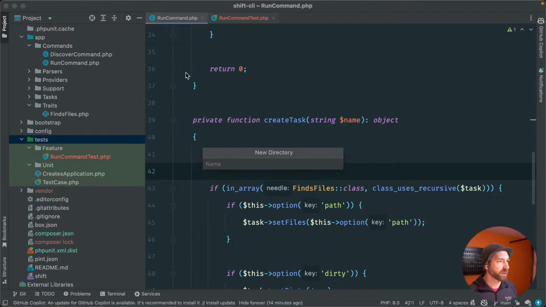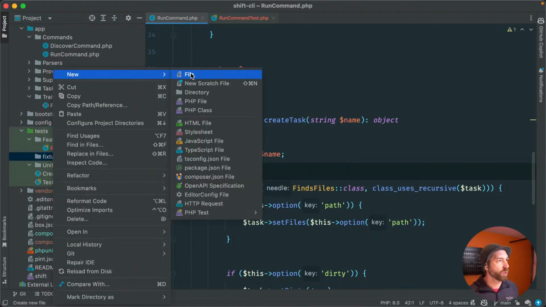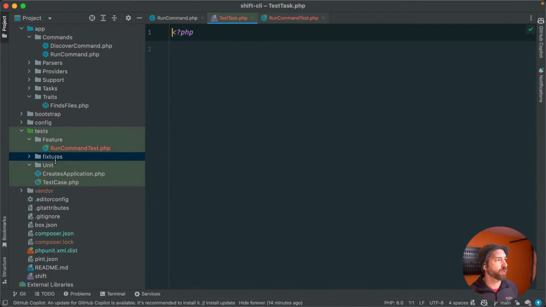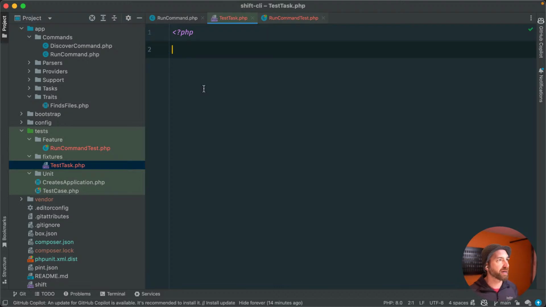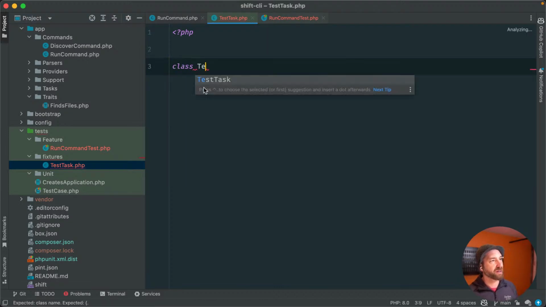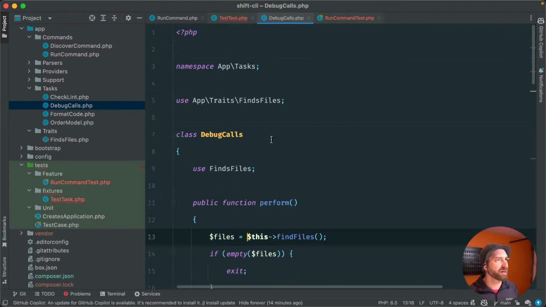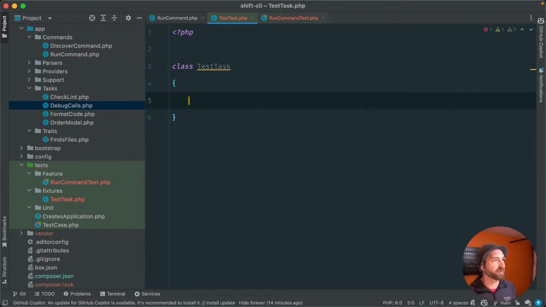So what I'm going to do is just make a fixtures directory, and inside of here, we're just going to make a test task. All right, or like an example task or something. So let's change that name actually. Let's do class task, and I forgot, do we extend tasks? Do we have any kind of inheritance? No, we don't. Okay, so this is our kind of sample task, and we'll say perform